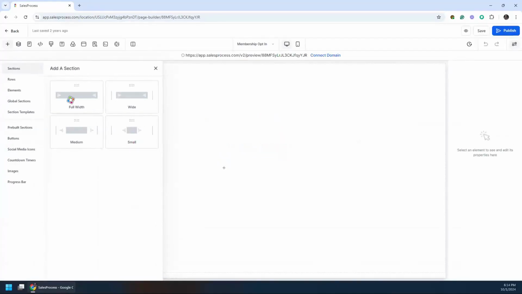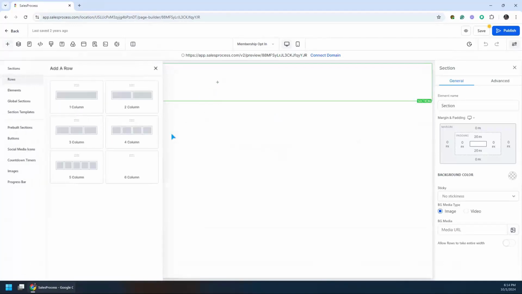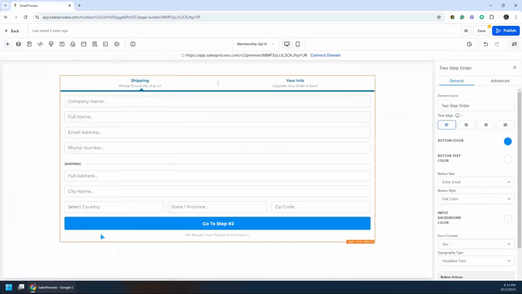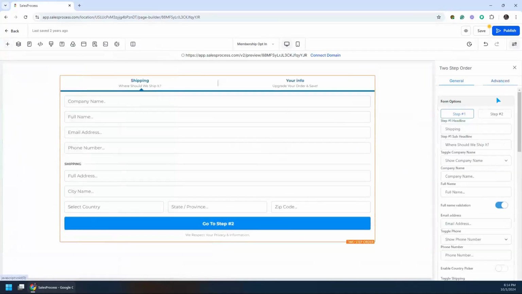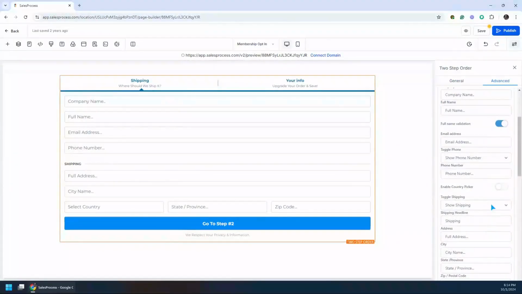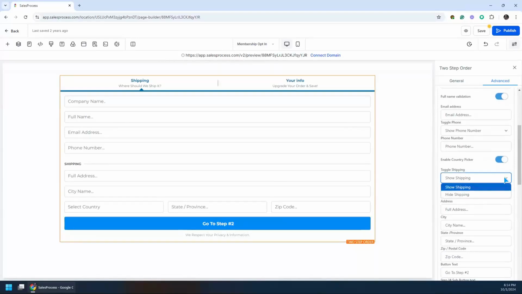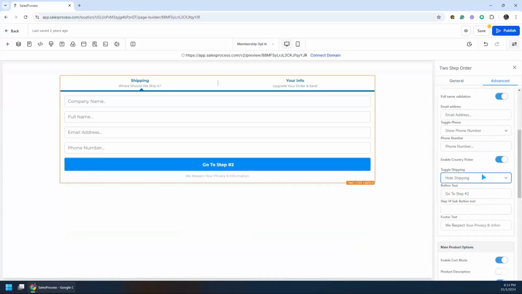Now this product, we can sell it through the offer, but here we're gonna sell it through the two-step order form. So the very first thing I'm gonna add in here is the two-step order form, and I'm gonna customize it and tell it not to hide the shipping details. We are not shipping anything. So I'm hiding the shipping details, and